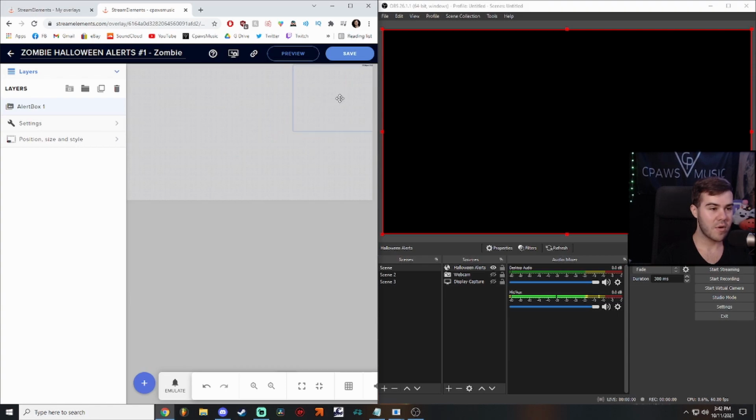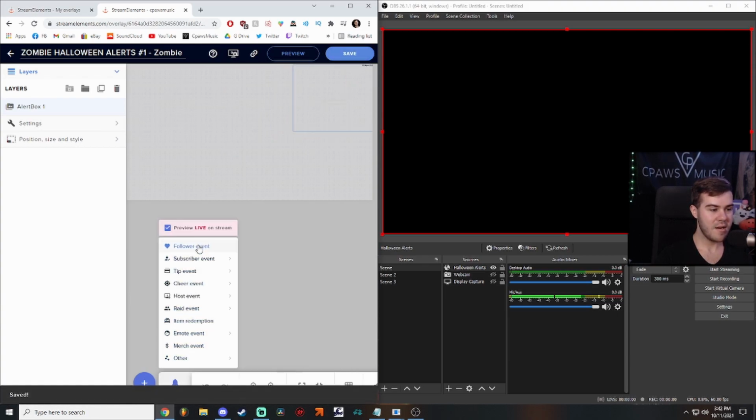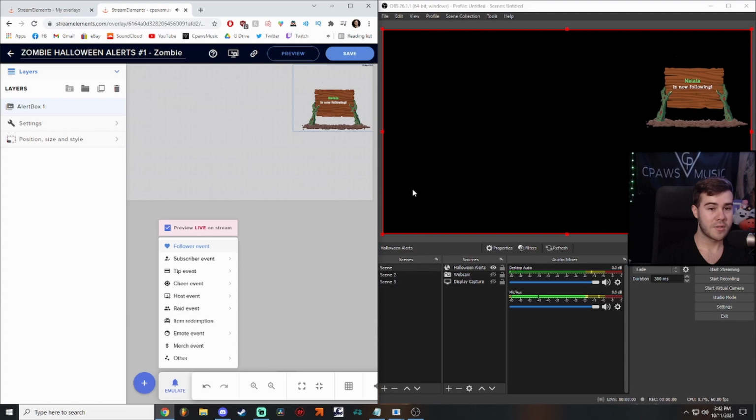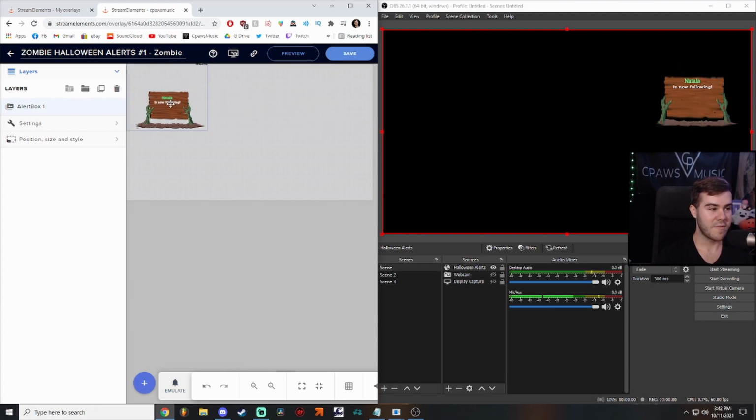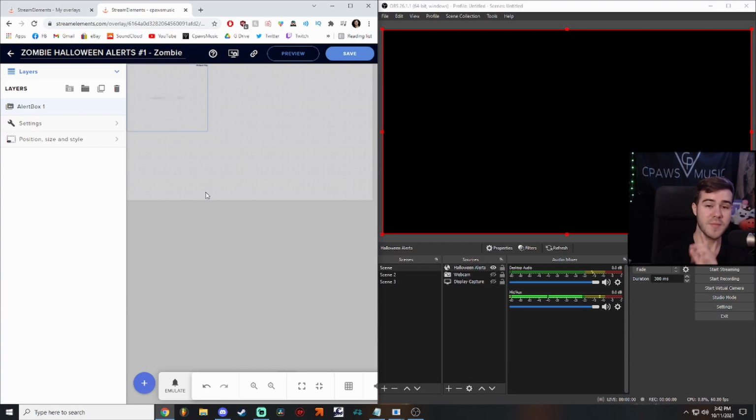So if I put it in the top right corner and I click save and then I run the alert again, now it'll be in the top right corner. So you can do it that way as well. But honestly, I just think it's easier if you have it in the top left, you can just leave it on the default settings. So that way you can just kind of mess with it like that. So the alert box is actually quite simple to set up,